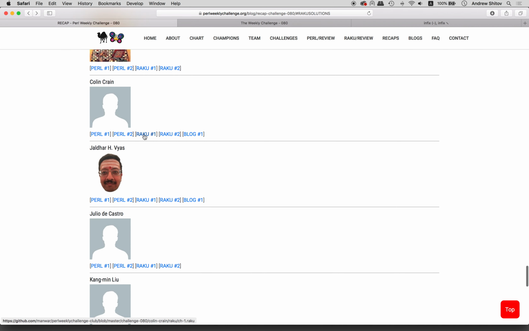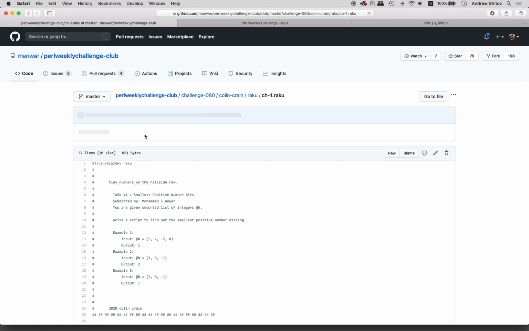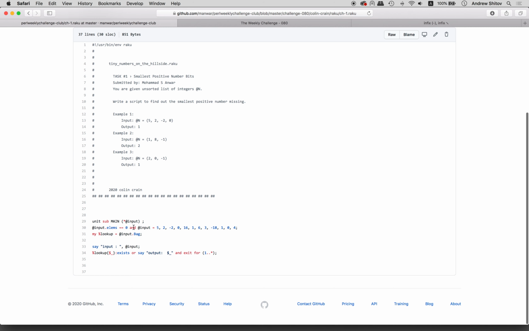Next solution by Colin Crain, Raku number 1. Here is the solution. So we take some numbers from input. We have some default input. Right, we create the lookup hash as a bag. So we create a bag and assign it to a hash, which is a bit strange for me. But nevertheless, so after that,